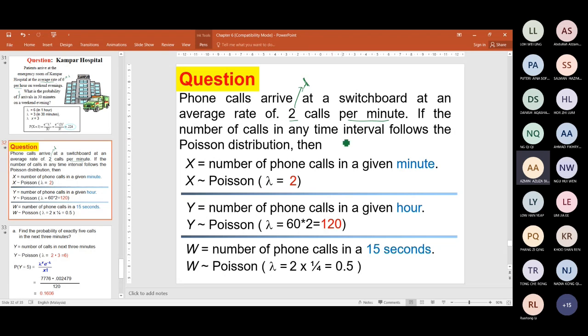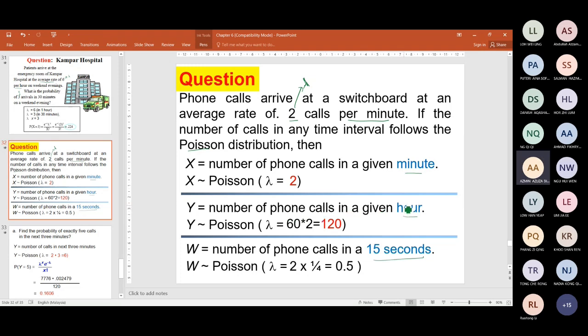If the number of calls in any time interval follows Poisson, this one you are lucky, it is given here. Normally you won't mention Poisson here. Then the number of phone calls in a given minute, I think this question gives us a different time interval. Okay, just like in the previous example. So we know that in a given minute the lambda is 2. Okay, so if you look at this event, the number of phone calls in a given minute, the lambda is 2. Okay, but if you look at the number of phone calls in a given hour,